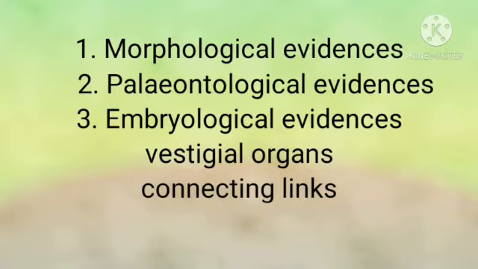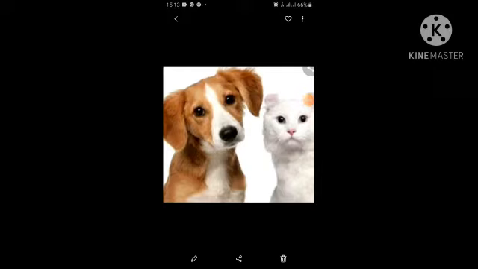Let us see. In this slide you can see a very beautiful dog and a cat. Easily you can recognize that this is a cat and this is a dog. But if you see carefully, little similarities are there. What are the similarities? You just see the nostrils, the nose region and the arrangement of eyes. Even though they are small and big in size and the shape is different, their arrangement and other points are similar.